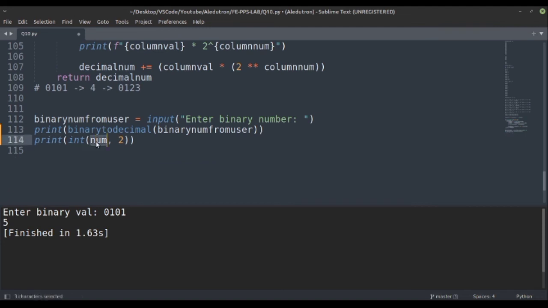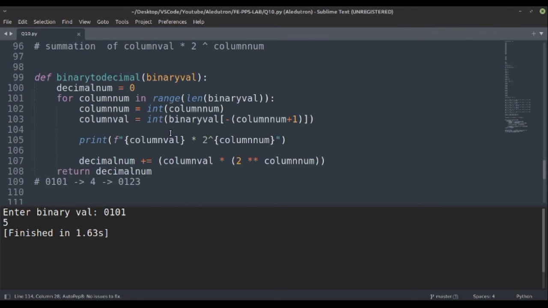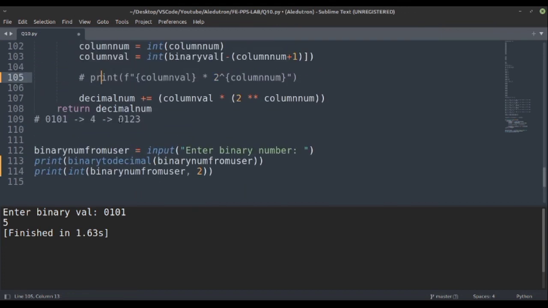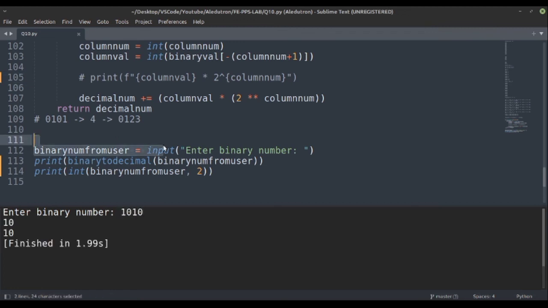Instead of num, we would take this binary num from the user. And let's remove this print, so that we do not get many things on the output console. Let's take 1010. So we got 10 and 10. It means the first 10 was from our manual function, the second was from the inbuilt function.